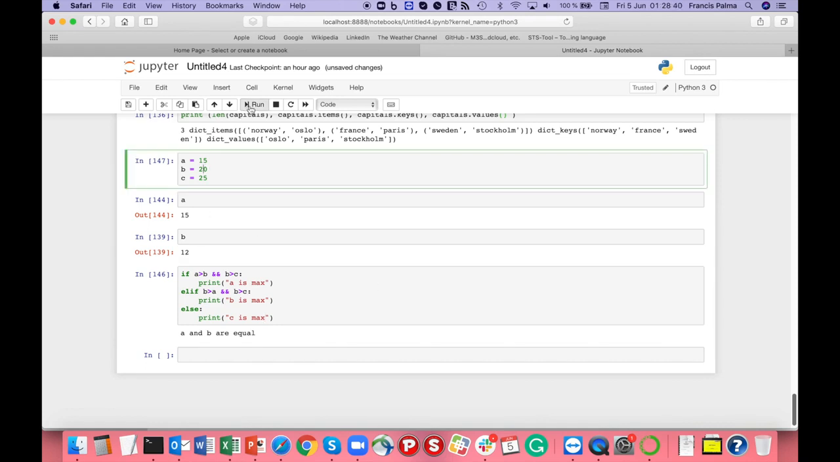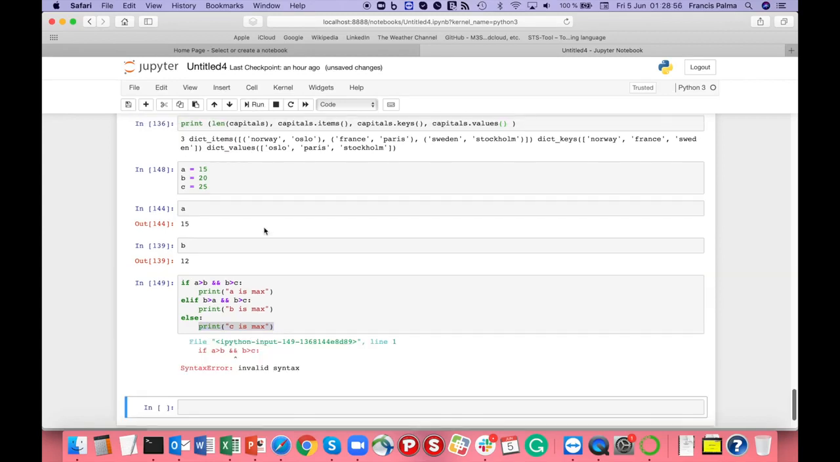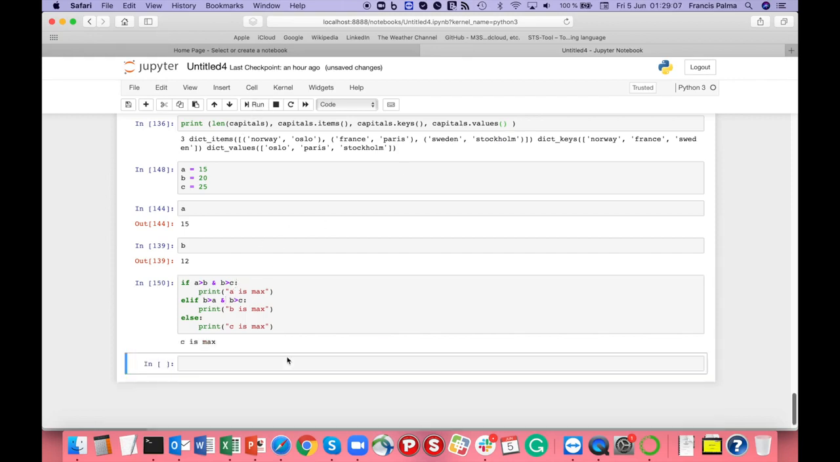So now if we print this, get this value into variables, and definitely c is max, that means the first two conditions will fail, and that's why this else condition will be true. Here again, as you can see, we got this syntax error because it should be one and not two. So c is max, and I made this error